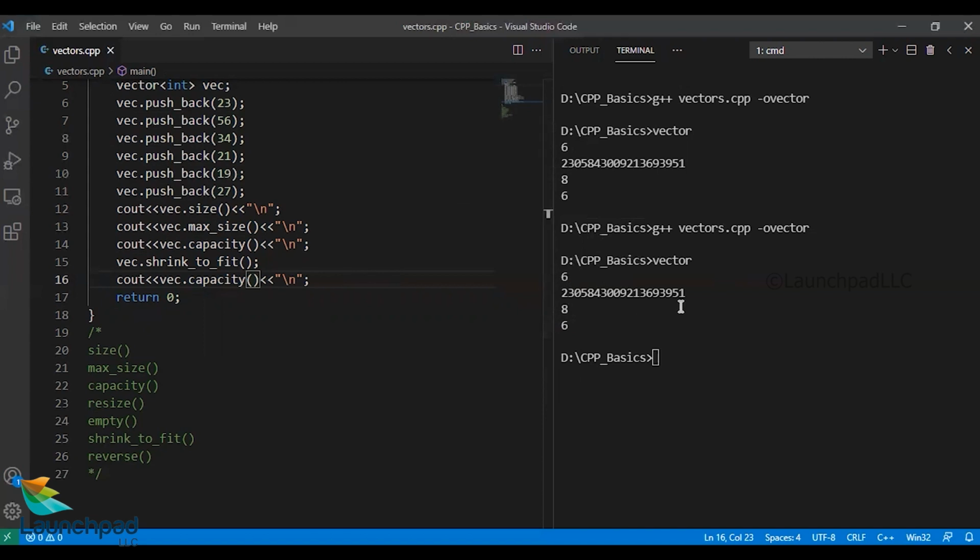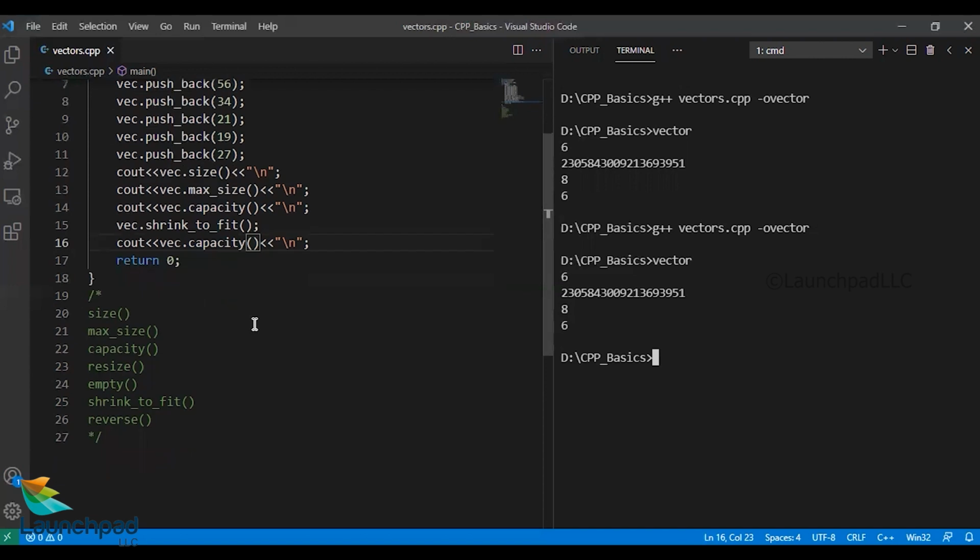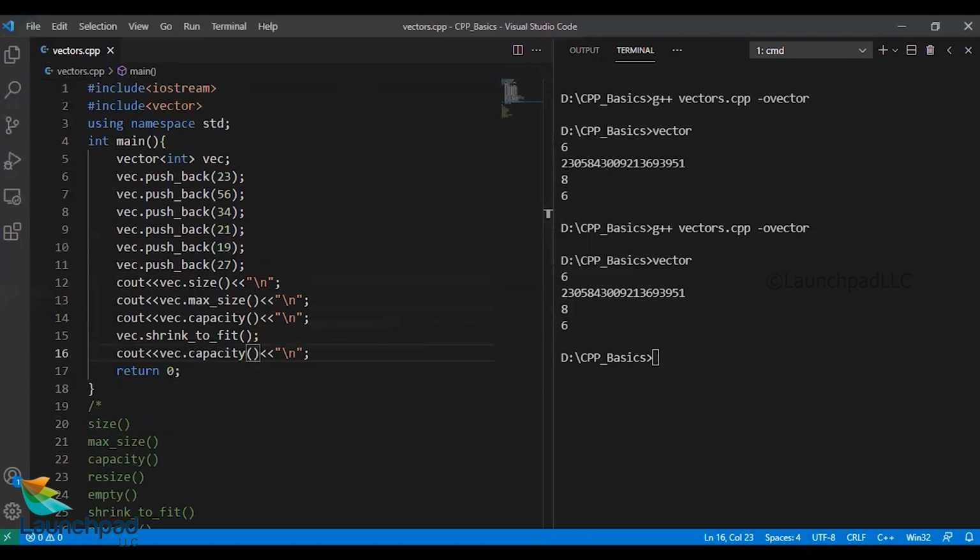So this is size, this is maximum size, this is capacity, and this is capacity after shrink to fit. And this is all about accessing the capacity of the vector. Now let's talk about accessing the elements of the vector.